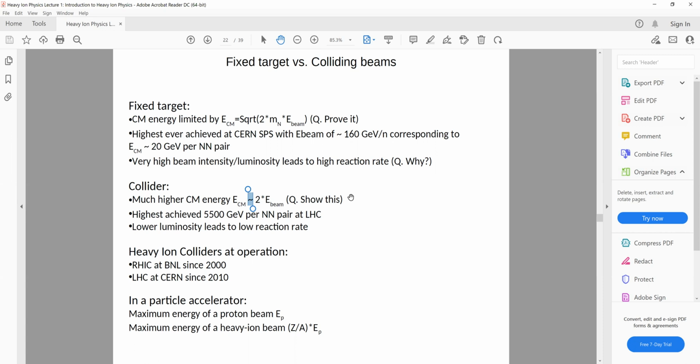That is why the maximum energy for a heavy ion collision at SPS is around 150 GeV beam energy for lead-lead collisions, and a similar case holds for indium-indium collisions, whereas for a proton the maximum energy was 400 or 450 GeV for pA collisions. A similar thing you can calculate.